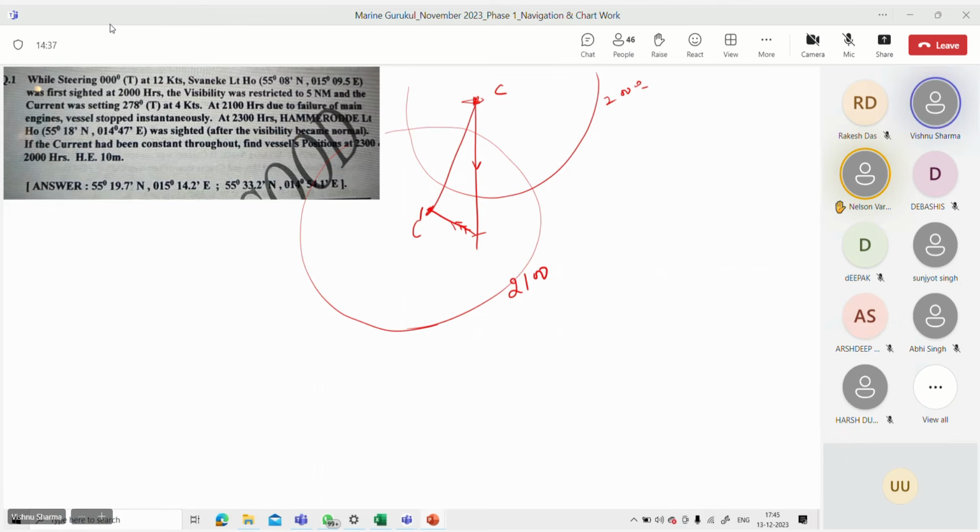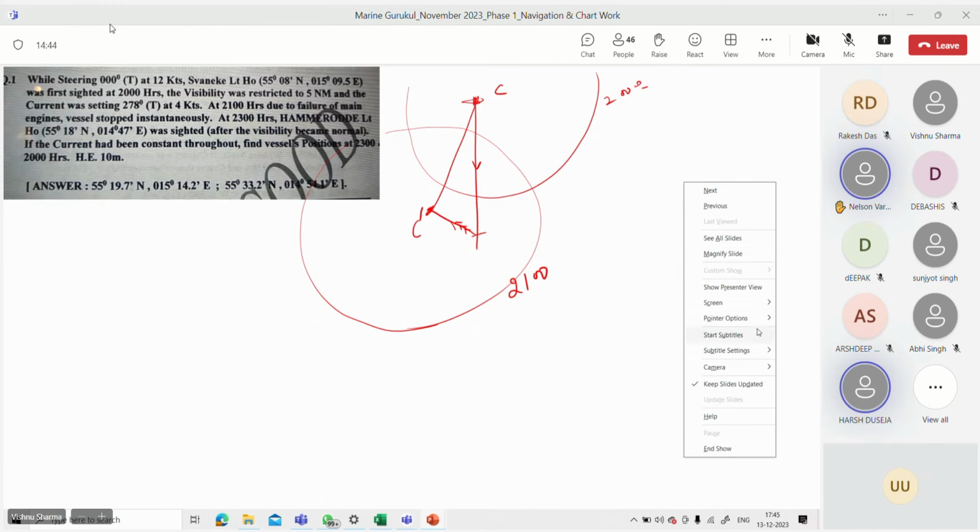On what should I apply the current, beta? Sir, at the C position point. Where is the ship's position? Sir, at C. End of the circle, end of the position. So what will happen with that? So we'll take it, sir, the point shifts to 2300, if we somehow manage to understand what Hamirod's like it was sighted.